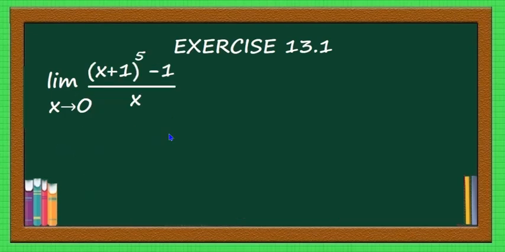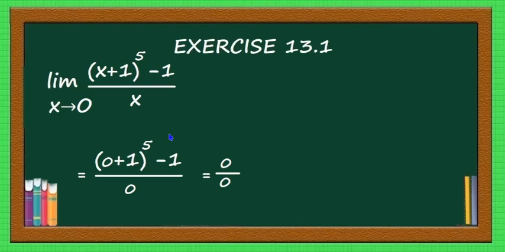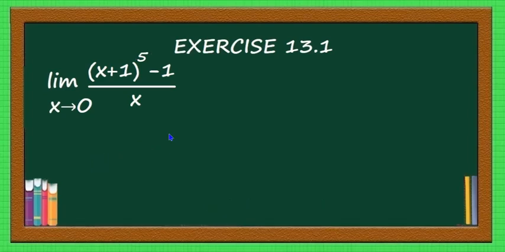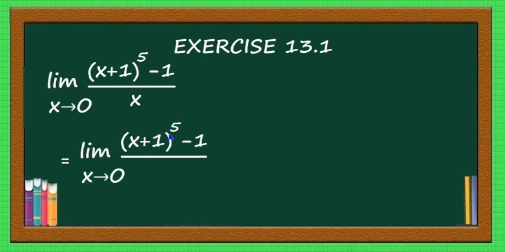Now you see this question, limit x tending to 0 of x plus 1 to the power 5 minus 1 divided by x. And if you put x equal to 0, what happens? 0 plus 1 to the power 5 minus 1 divided by 0, that's equal to 0 by 0, which is indeterminate form. And to find the limit of this function, first you write the denominator like this. Limit x tending to 0 of x plus 1 to the power 5 minus 1 divided by x can be written like this, x plus 1 minus 1. Now it seems to be in the standard form.